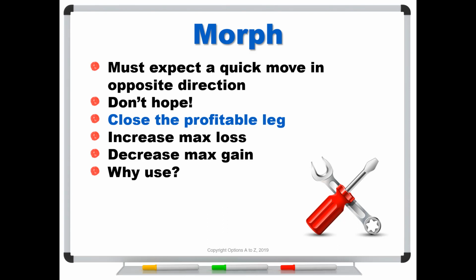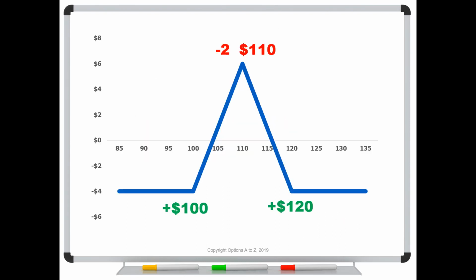Well, there's a very good reason, and that is because it's going to increase our chances for success. And here's why. Here's our original butterfly spread, and again, we're assuming that the stock moves way up here to 125. So to make these two vertical spreads a little easier to see, we're going to separate the top two